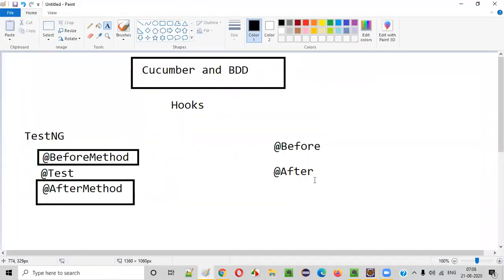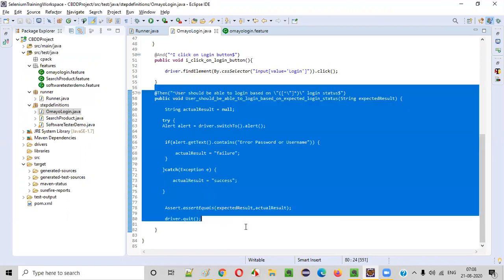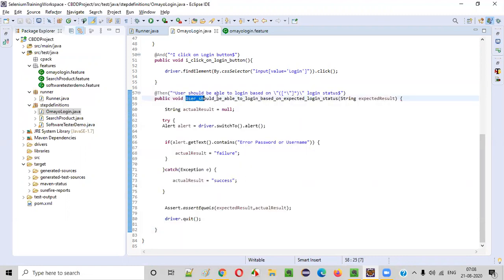What about @After? If you go down somewhere here, in one of the methods, like user should be able to log in based on expected login status, we have provided driver.quit, but this should not be part of this step, guys. Here we are not saying user should be able to log in based on expected status and close the browser.